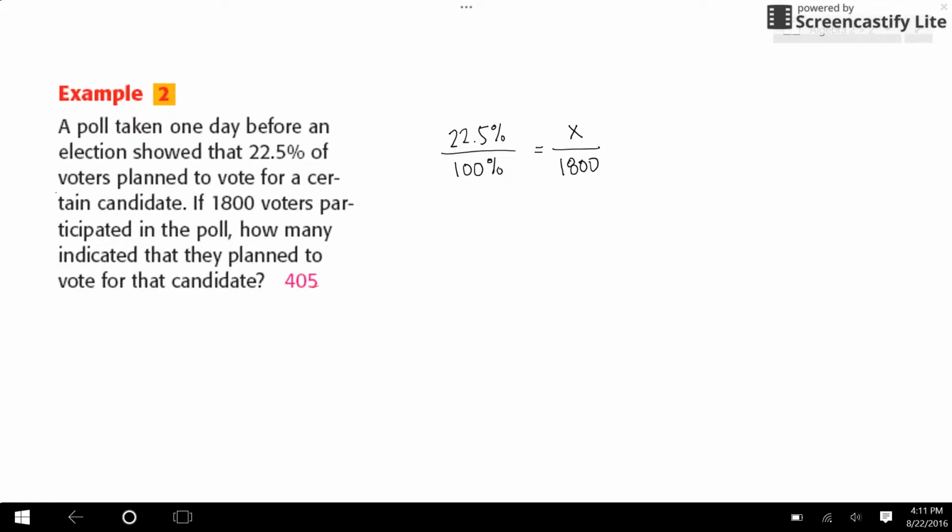Decimals are kind of weird. Remember, you've got to move it over 2 spots. So I would probably make this 0.22, whoops, why isn't it writing? 0.225 over 1 is equal to x over 1,800. And then I would cross multiply this way, I get x, and this way, I get whatever the heck